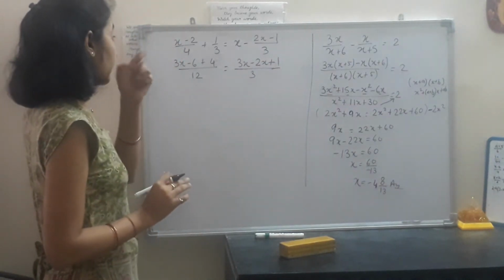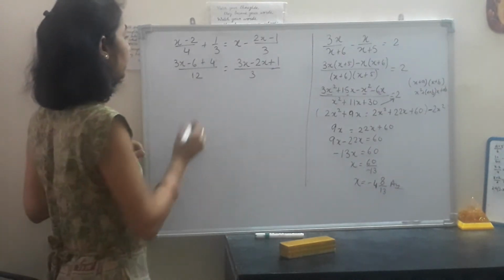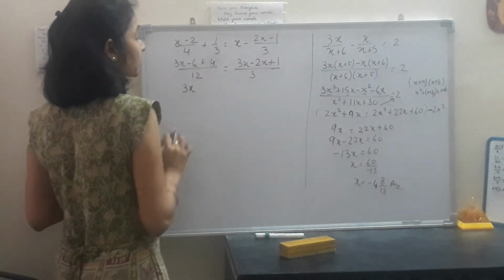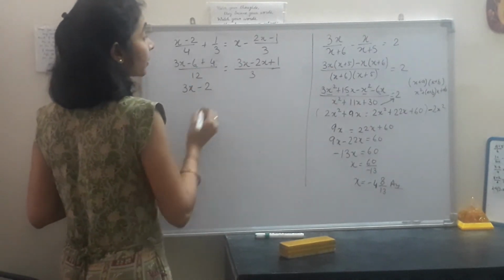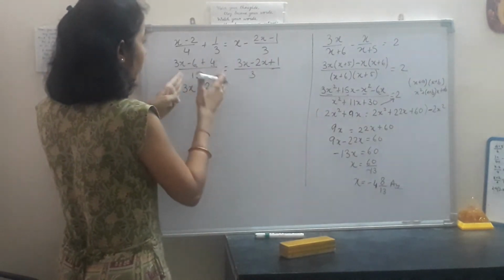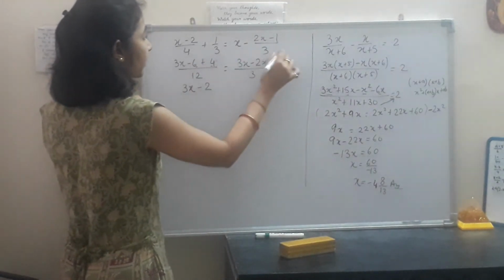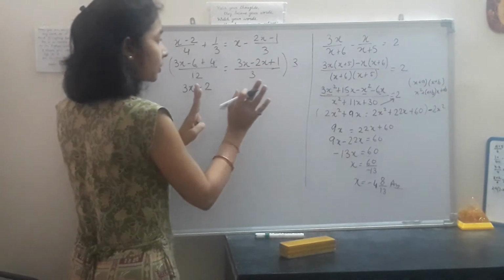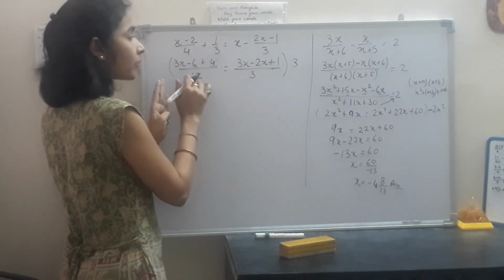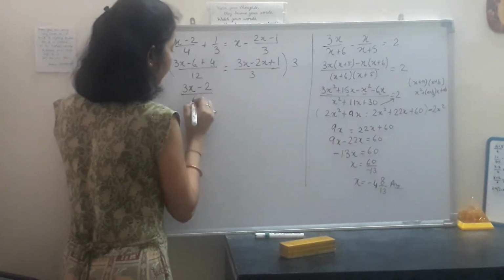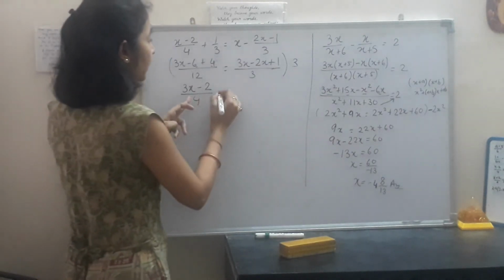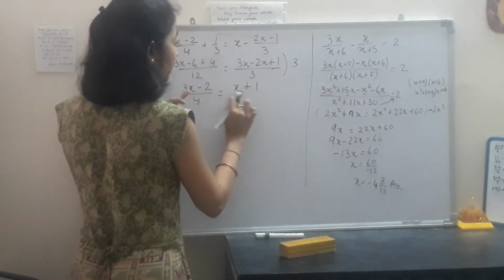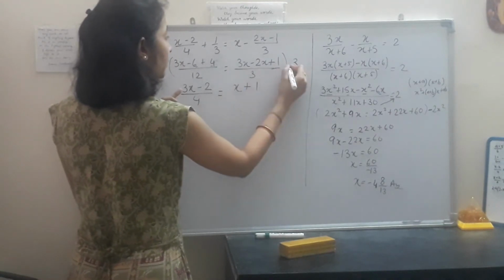Clear? Now again, simplifying the like terms, bringing the like terms together. These two are like, and this is unlike, so 3x will remain as it is. Now minus 6 plus 4 gives us minus 2. Now again in this step itself, if you want to simplify this equation, we can multiply the whole equation by 3. So 3 and 3 cancel here, so there will be no denominator, and here the 3 will cancel with this 12, and we get 4 here. Is that clear? Now after that, 3x minus 2x gives us x plus 1. No denominator is here, because this 3 has already cancelled with this 3.